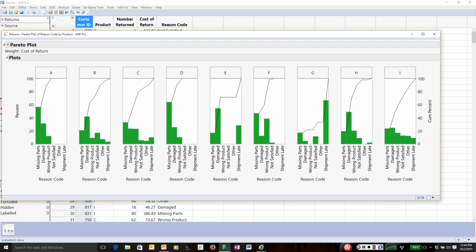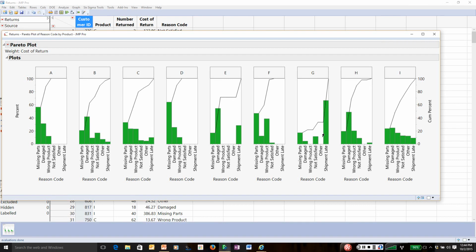As an example, product D looks similar to A. But if we take a look at product G over to the right, the big one is late shipments. So what we'd really like to do is examine in some way the relationship between product and reason code. So one of the ways is to do these